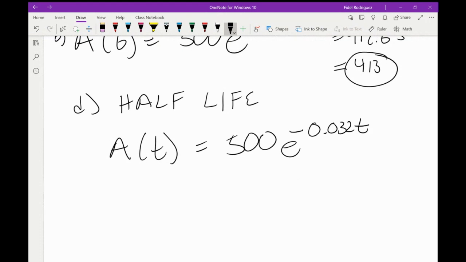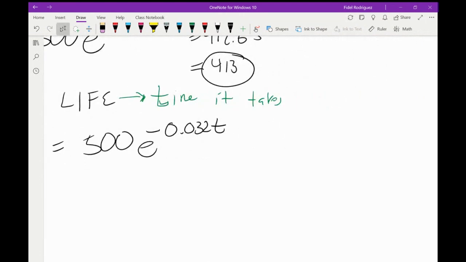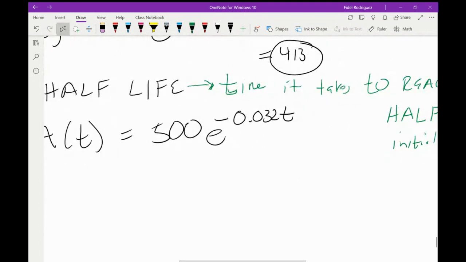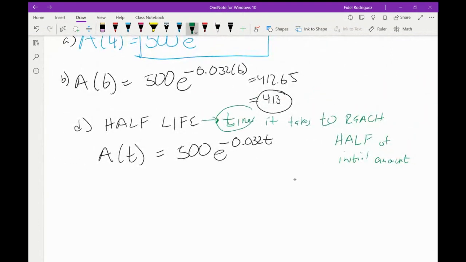Okay, the half-life means the time it takes to reach half of our initial amount. Okay, so what I want to point out, guys, in this case we're looking for